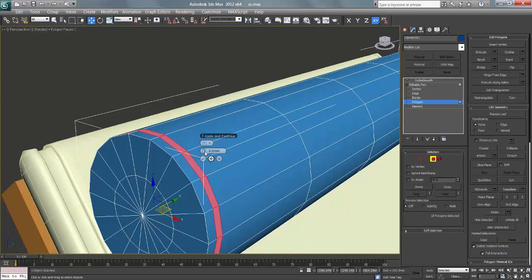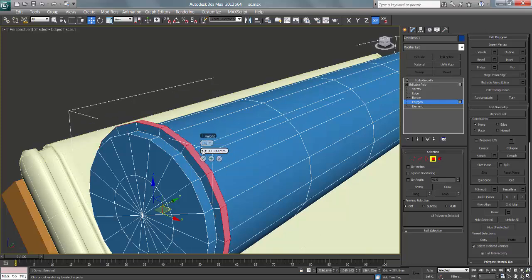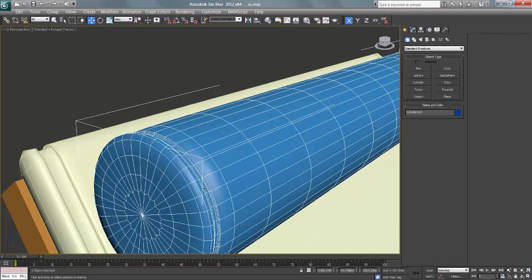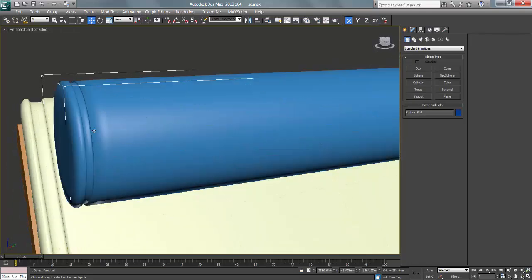Let's say local normal. I want inside, so sorry, slightly inside, say plus, say OK. Now I'll turn on turbo smooth, it will show the proper creasing. Yes,